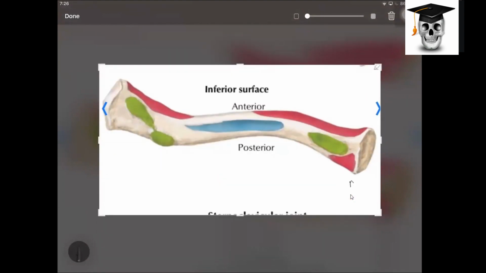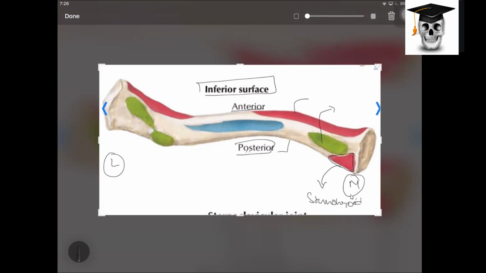Now you see, this is again medial end, lateral end, but this is the inferior surface what we are seeing. This is your anterior aspect, and this is your posterior aspect. What is the orientation? So thereby now we start again with the medial end. Here on the medial end, this area is actually on the posterior side, sternohyoid muscle on the posterior side. This green color what is shown is your ligament. And what is the ligament called? Costoclavicular ligament to the first rib.